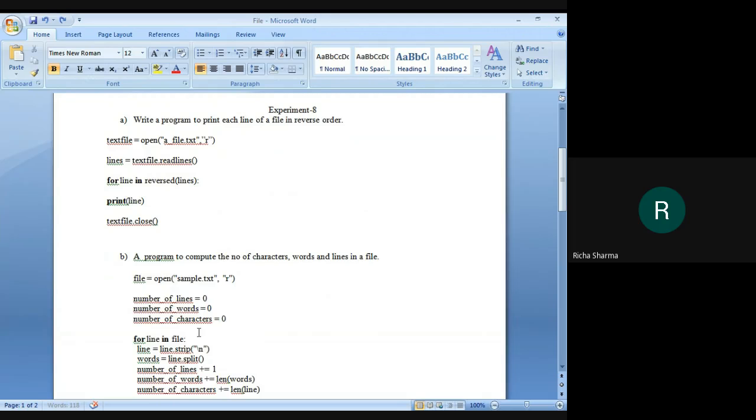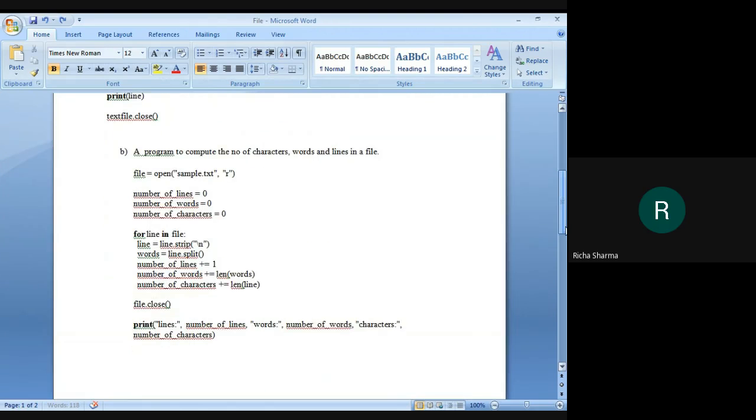Also, in each iteration, add 1 to the number of lines. We are using len function with this list containing the words from the line as object to add it to the number of words, and use len function again with the stripped line as object to add it to the number of characters. So in this manner, we can count the number of characters, words, and lines in a file.